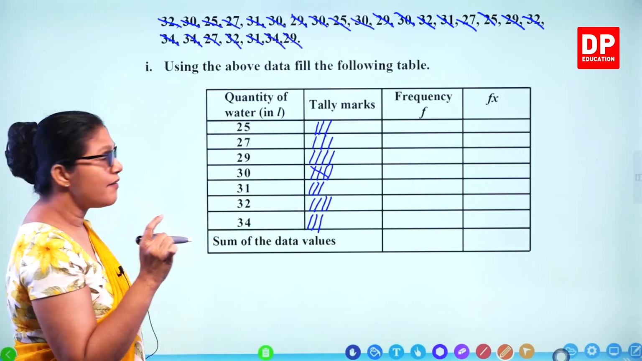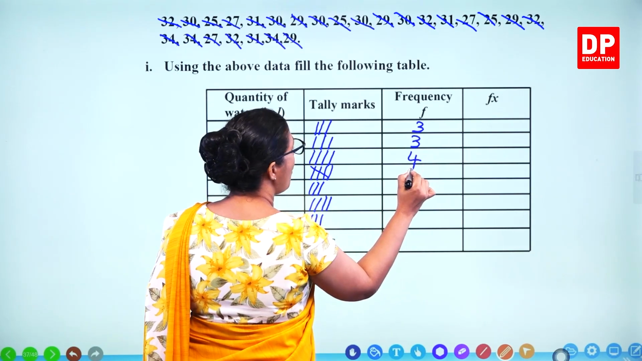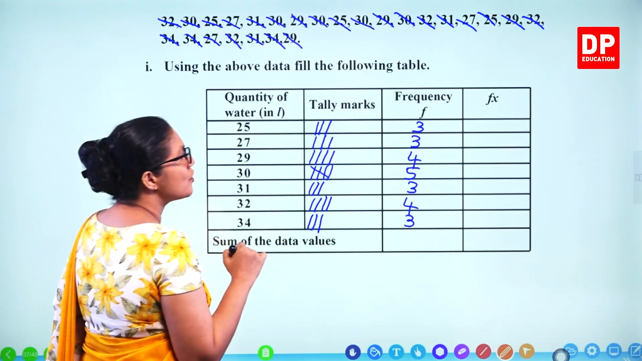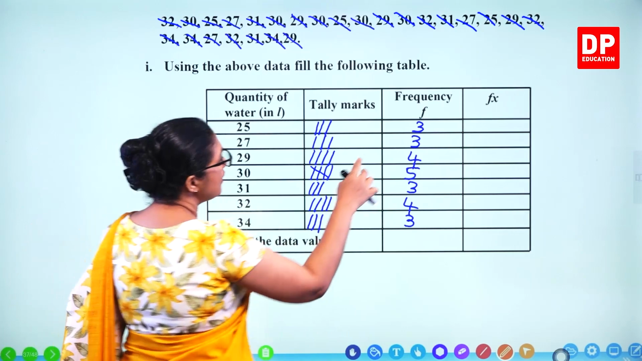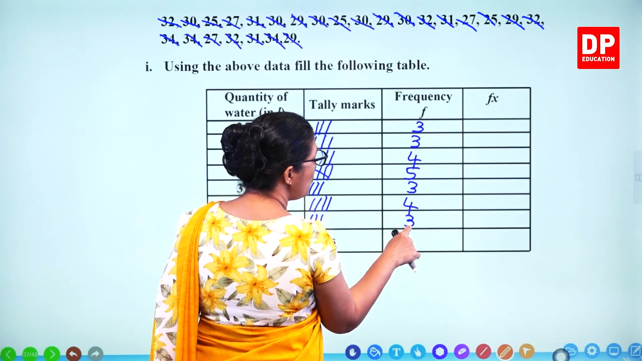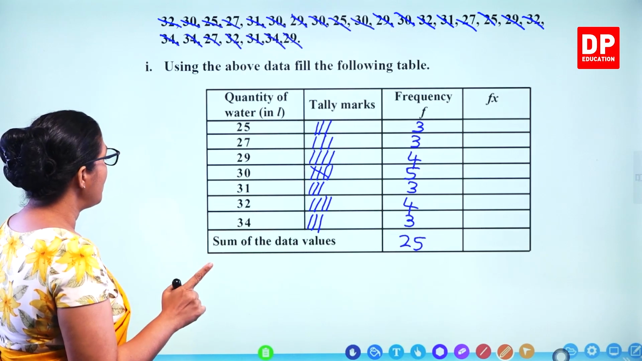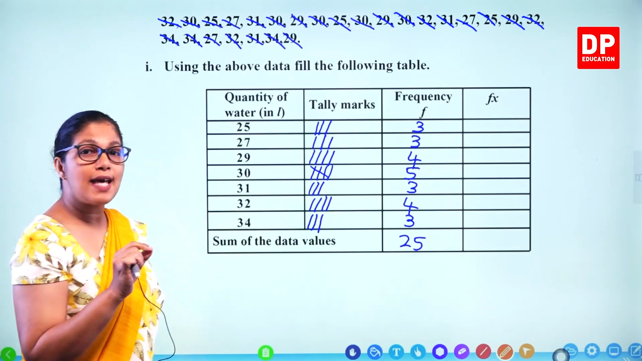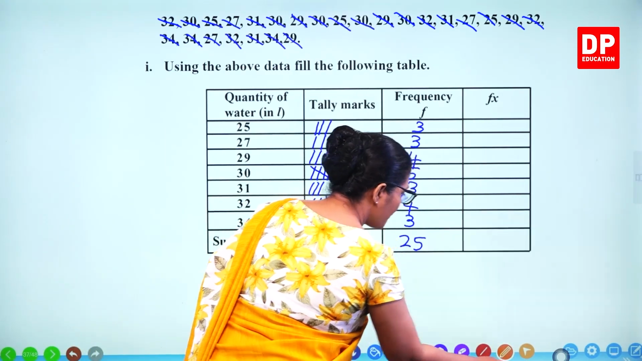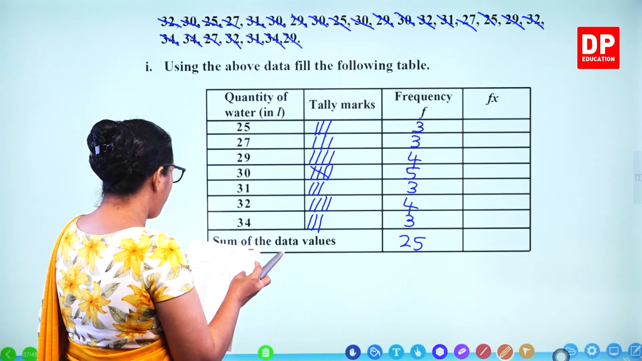Now we can count and write down the frequency. 3, 3, 4, 5, 3, 4, 3. So that's the frequency table. Now see what's the total. 3 plus 3 is 6, 10, 15, 18, 22, 25 is the total. So that's the completed table. When you mark the tally marks, the fifth one you cross it out. How many marks for this one? According to the marking scheme, you get 4 marks